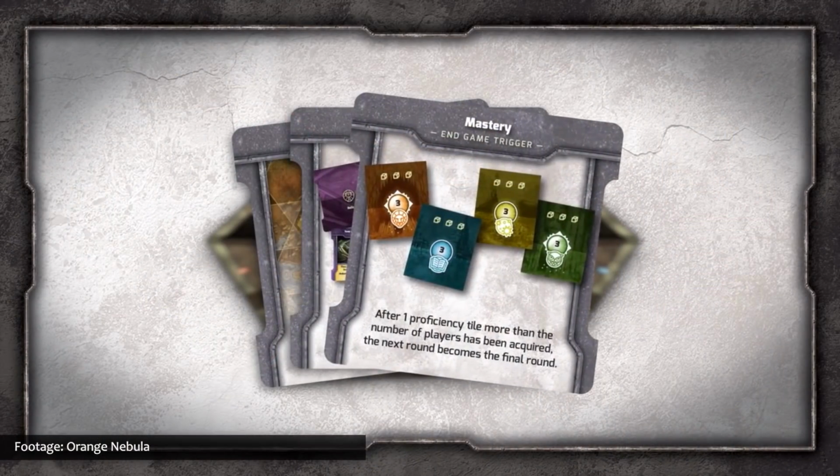Vindication is a wonderful feeling. Like when you warn someone not to sit on wet paint, but they ignore you and then immediately get eaten by a crocodile. But the game Vindication from Orange Nebula is a fancy-based tabletop journey for 2 to 5 players,